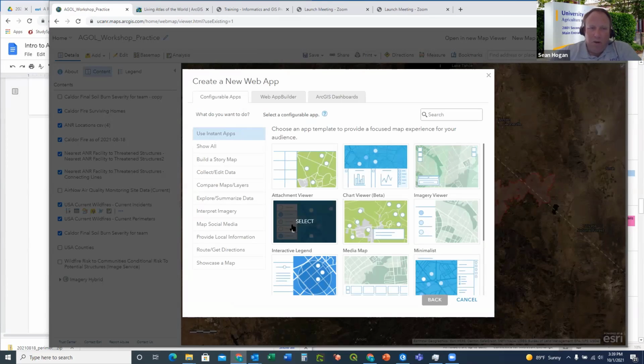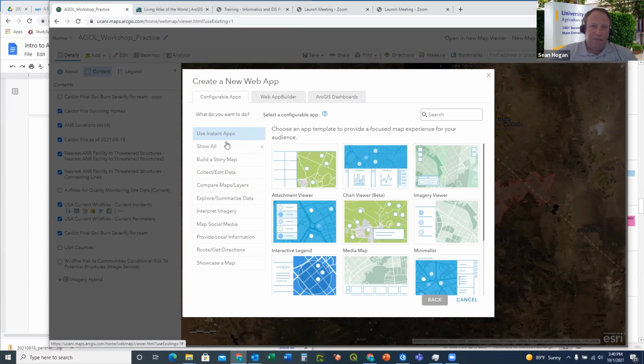And here, the web apps are templates essentially. Now, if you're a regular ArcGIS desktop user, then you might be familiar with the idea of a layout view versus a map view. The layout view is where you include your north arrows, your legends, all those kinds of things. Well, that's similar here. The web app is going to display a number of things. They can be displayed as a story map. You can have it as a collection app that's specifically designed to integrate with, say, Field Maps, and any number of other